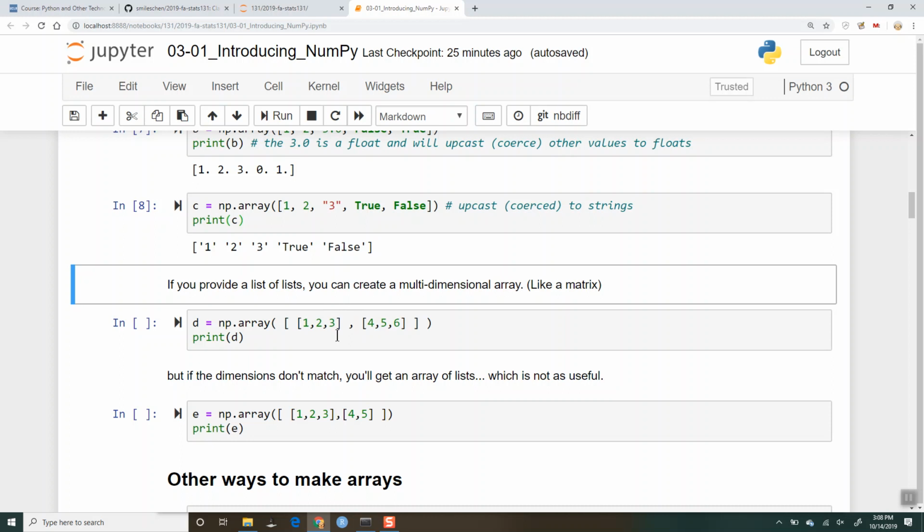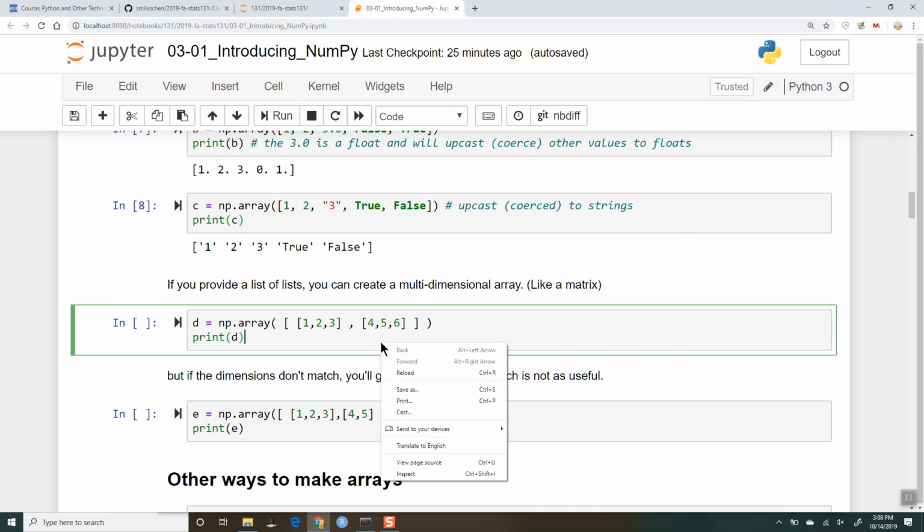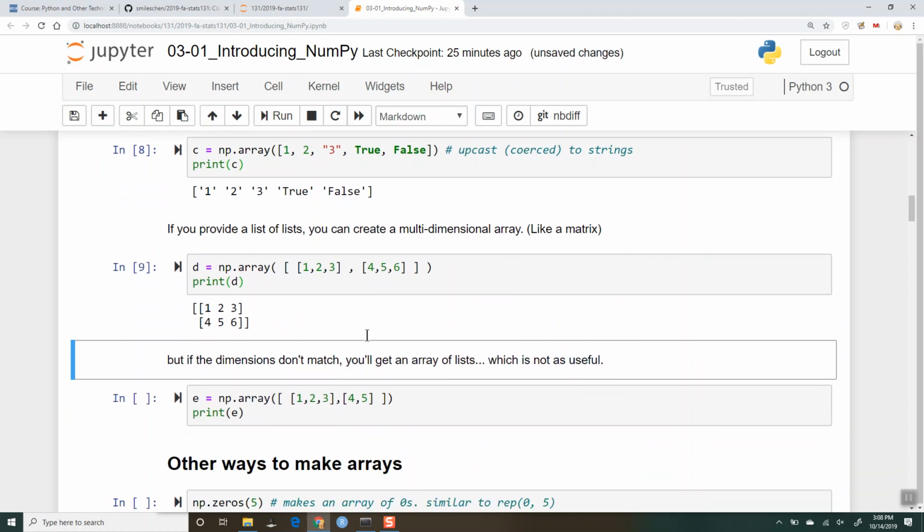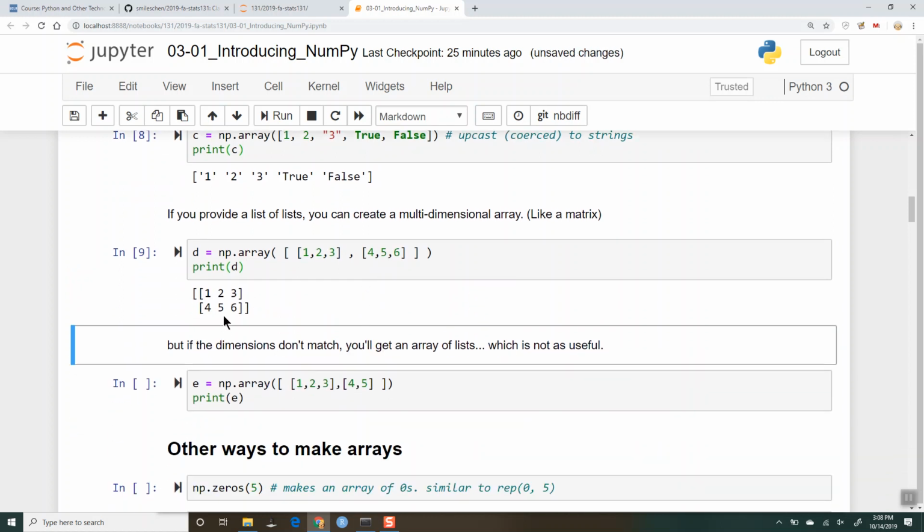list of lists. So here I'm saying make an array out of, and you can see I've got the first list. So it's a list, and in that list are 2 lists of length 3 each. Okay, so I've got a list 1, 2, 3, and then another list 4, 5, 6. And I say make an array out of this, and when you print it, it looks like this. Okay, this is the way